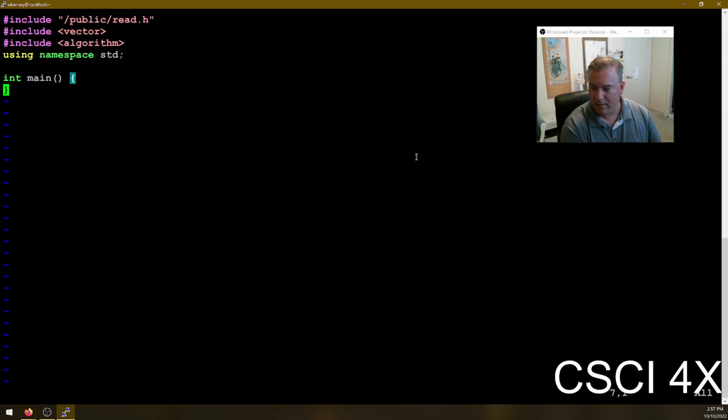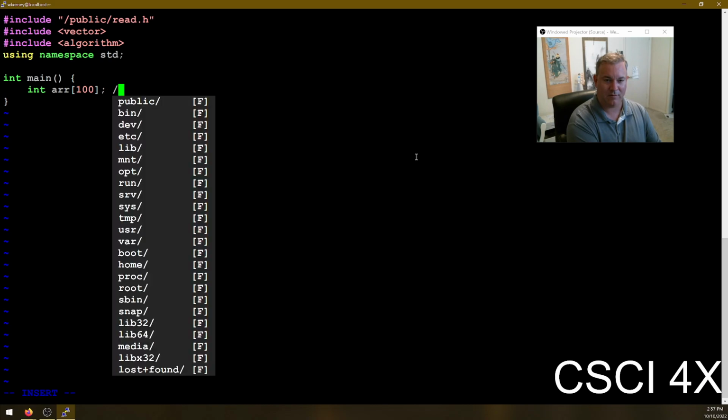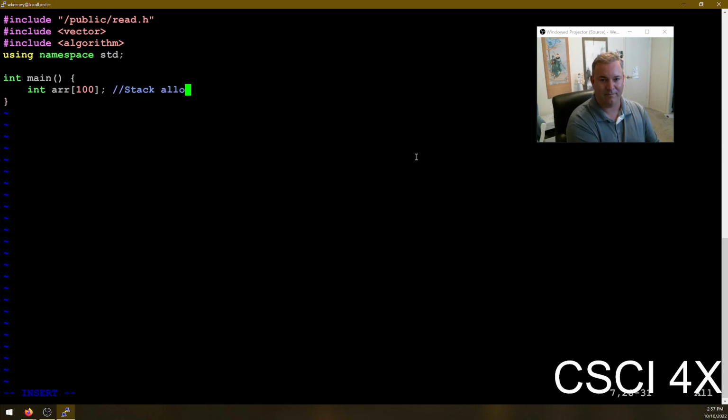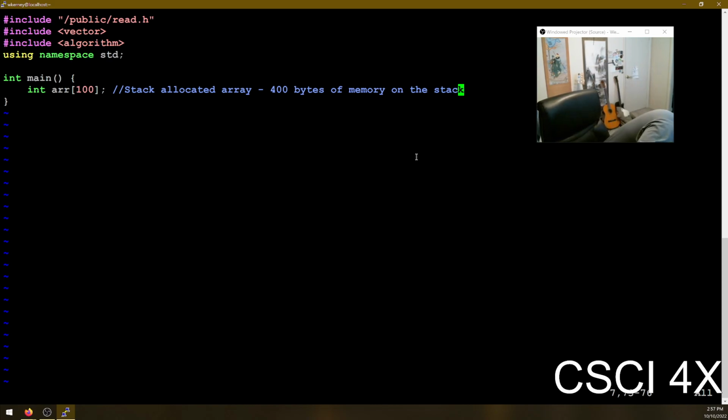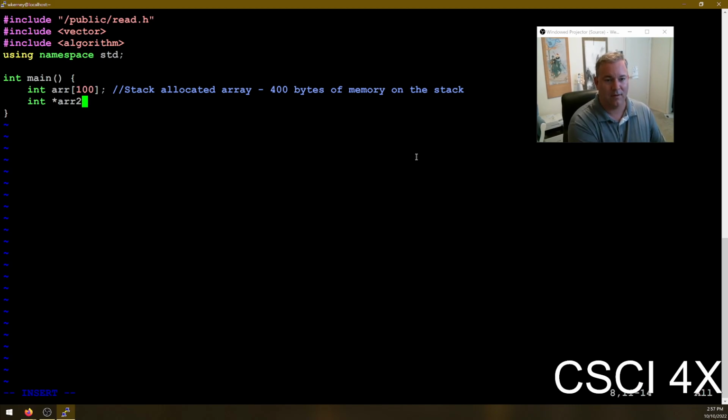We talked a little bit before about the memory model. If you make an array like this in C++, this is what's called a stack allocated array. It's going to eat up 400 bytes of memory on the stack. If you want to heap allocate the memory, then the heap, if you recall, anytime you allocate something on the heap, it's permanently allocated, and you can do it like this: int array2 equals new array 100. So this is a heap allocated array, 400 bytes